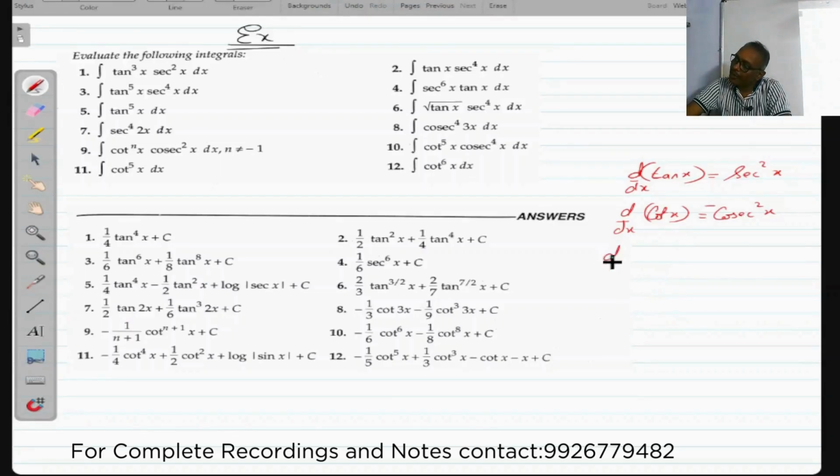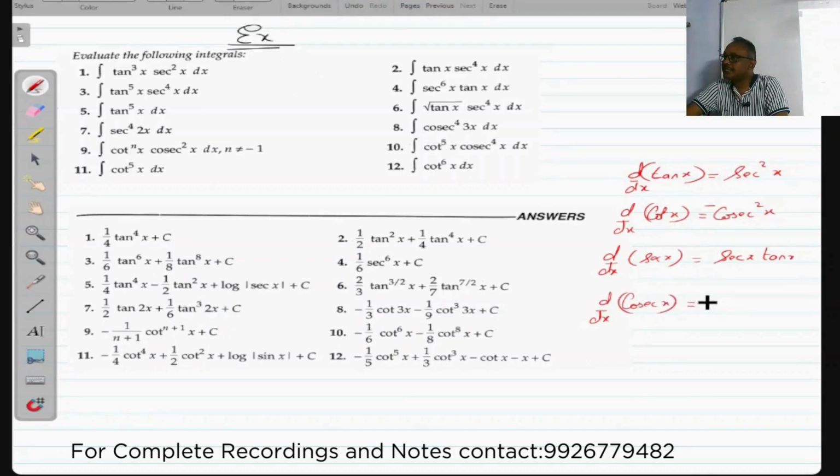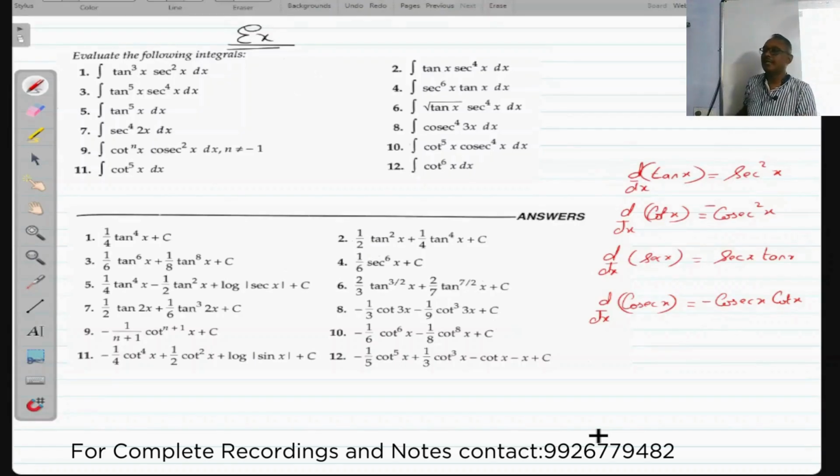What is the differential of sec x? Sec x tan x. And what is the differential of cosec x? Minus cosec x cot x. So all this full exercise is going to deal with ये वाला type में से, है ना. क्योंकि क्वेश्चन में दिख रहा है tan cot sec cosec का relation, no sin cos anything like that. So I'll take, say, the 6th one, say the 9th one, and